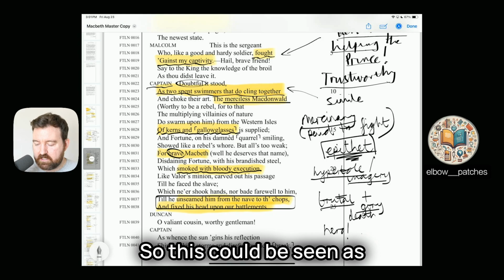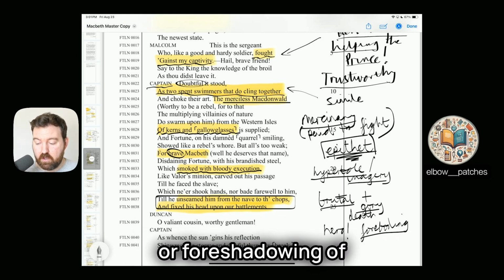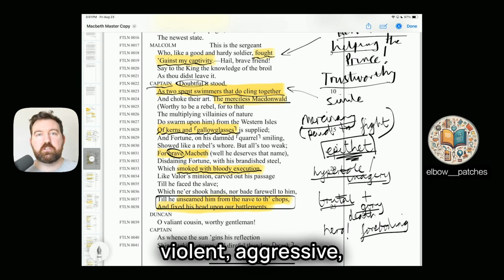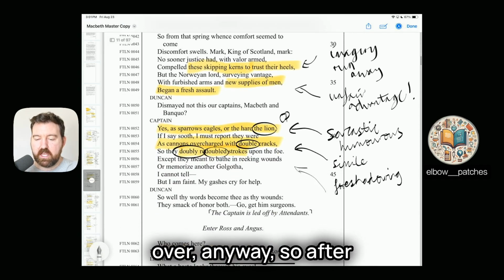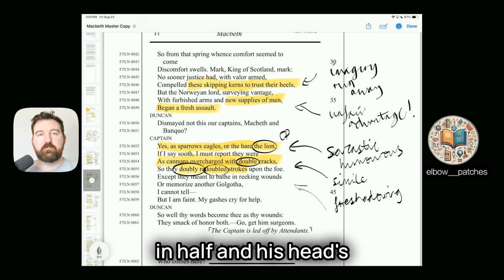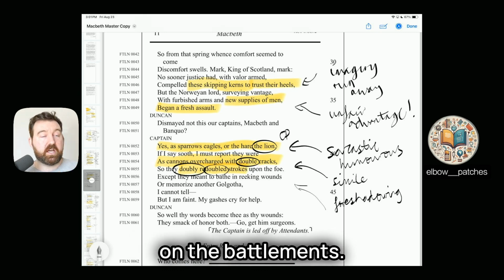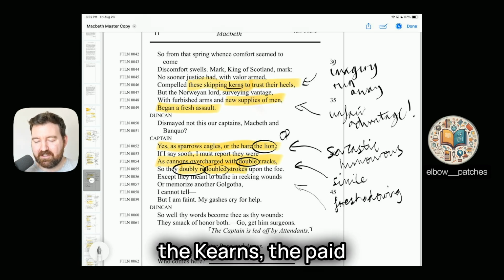So this could be seen as a little bit of foreboding or foreshadowing of Macbeth's vicious, violent, aggressive, brutal, gory nature, which comes out later in the play as Macbeth starts to take over. Anyway, so after MacDonald has been cut in half and his head's been stuck on a pike on the battlements, as you might imagine, the Kerns, the paid mercenary fighters, they take to their heels, which means they run away,